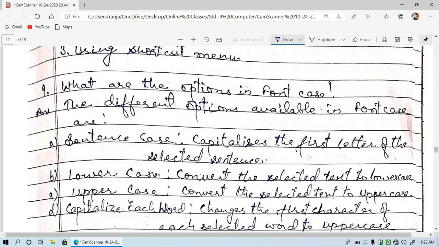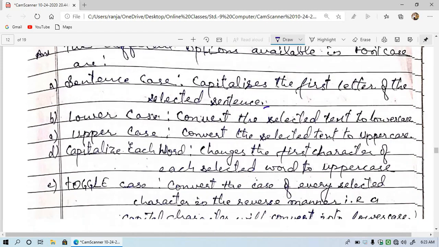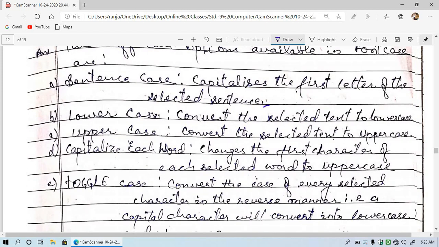Now question number 9. What are the options in font case? So let's see what options are available in font case. In font case, the first one is sentence case. What is sentence case? Sentence case capitalizes the first letter of the selected sentence. It only capitalizes the first letter of the sentence.